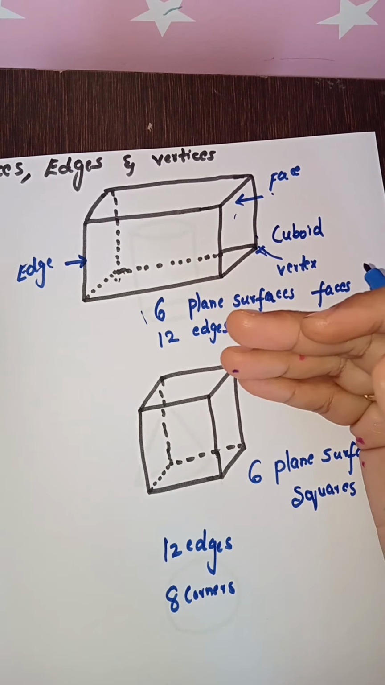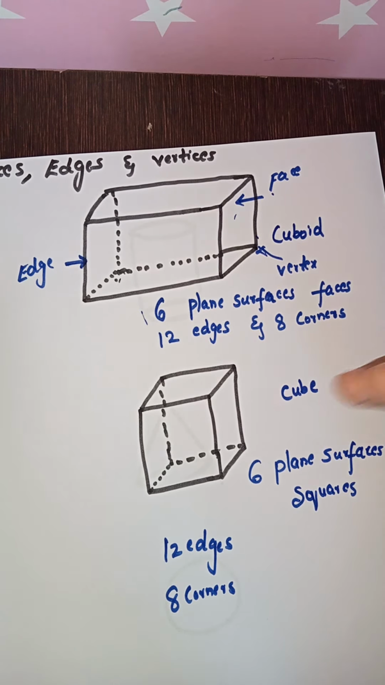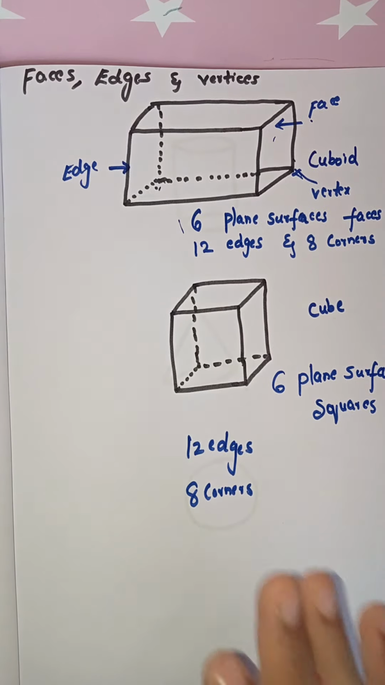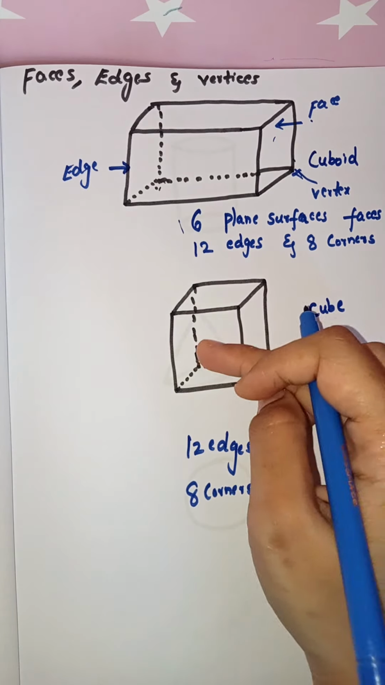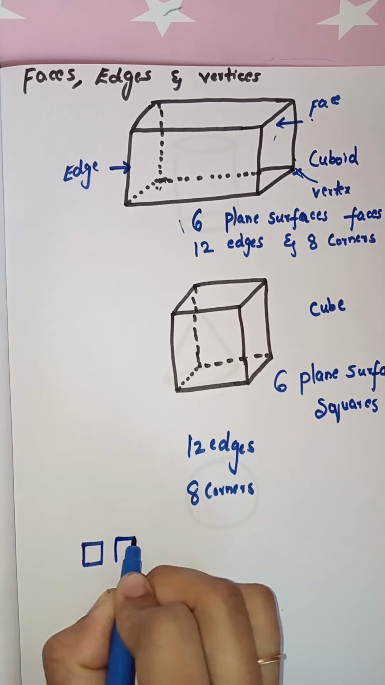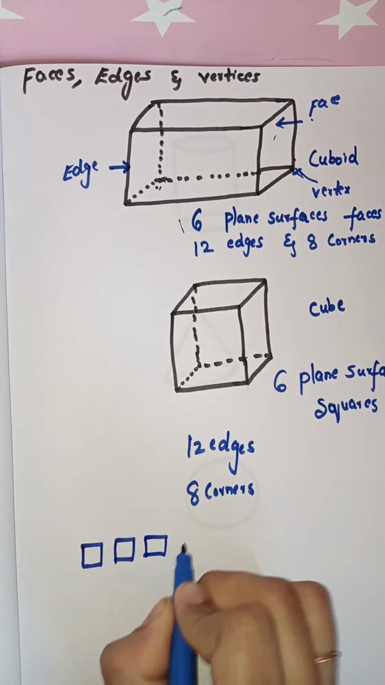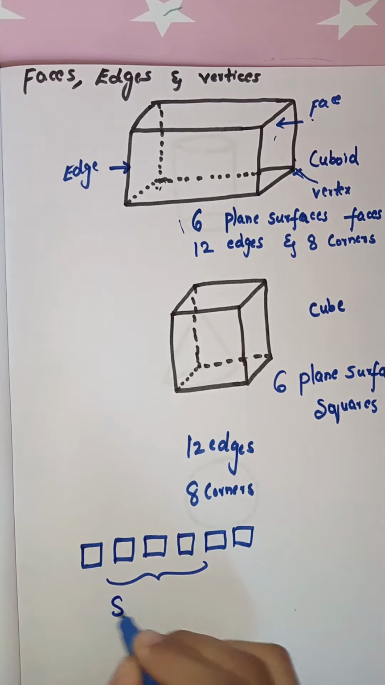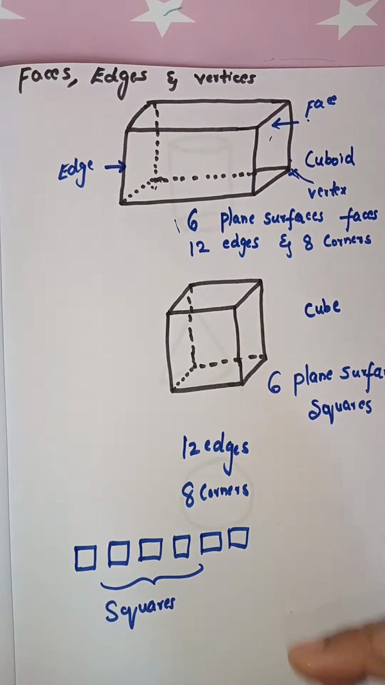What is the difference we observe between a cuboid and a cube? I'll just show a small example. You just take a dice, right? Trace out all its faces on a sheet of paper. For example, if I take a cube and trace it, I already told that it has 6 plane surfaces. They're all squares. For a cuboid, the best example is